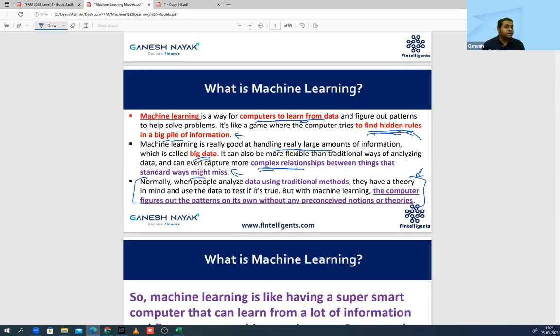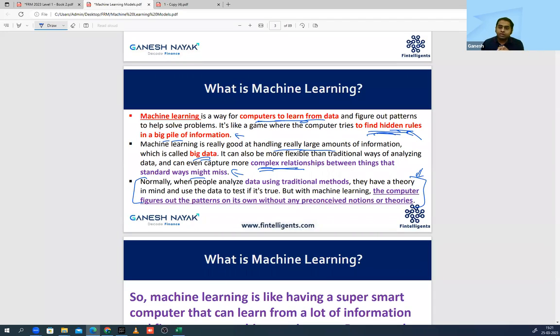So I will take a variable, say temperature. Why am I taking temperature? Because I have some belief previously that temperature might be able to explain this. In a traditional context, a researcher will have some belief, some understanding about what might be happening. He will take the data, he will try to test that.